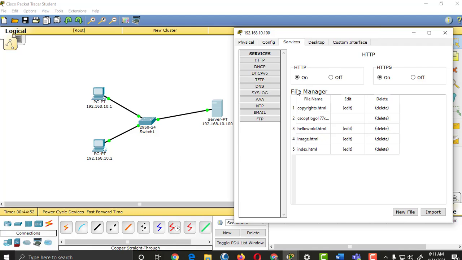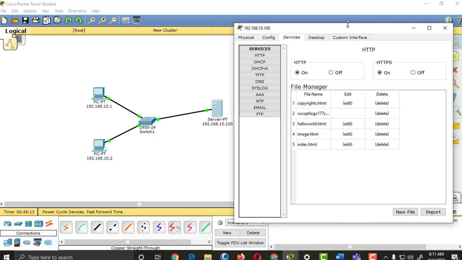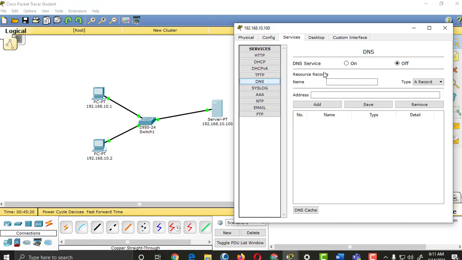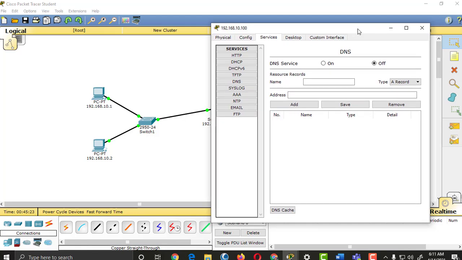Okay, so this is just a demo, so this is not the whole part where we try to edit most of the files in the HTTP server. So of course, this has to be turned on for that to work. Next part is the DNS server. Okay, so in the DNS server, DNS stands for domain name service. So here in the DNS server,